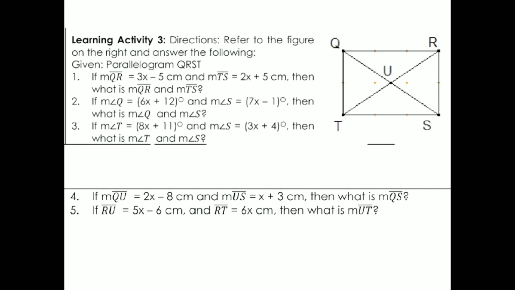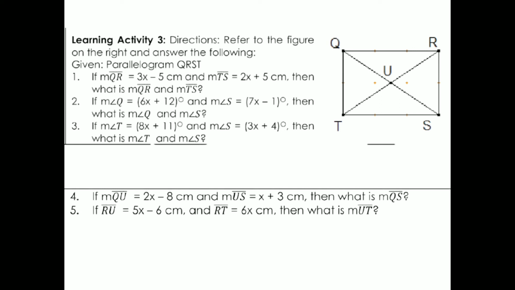Then after natin makuha yung value na x, makukuha na rin natin yung value noong dalawang angles. So substitute natin 8x times 15 plus 11 is equal to 131. And then nasa angle S naman, 3 times 15 plus 4, so 45 plus 4 is 49. Pag-add natin yung dalawa, kung mag-equate to 180. So 131 plus 49 is equal to 180. So, correct yung answer. So, ang value ng angle T is 131 degrees and angle S is